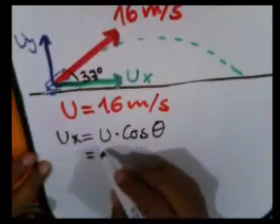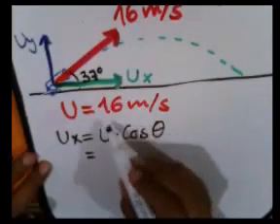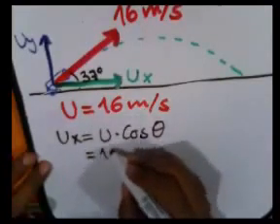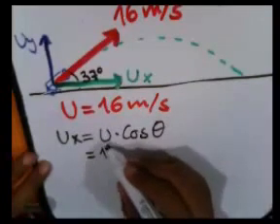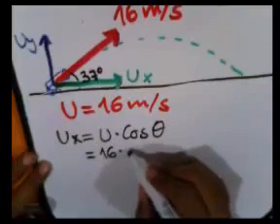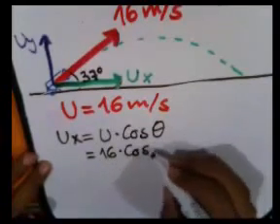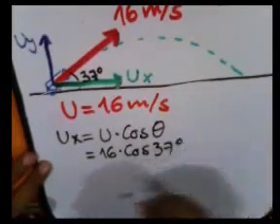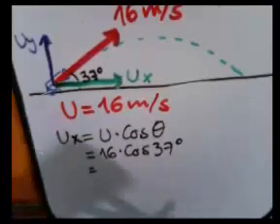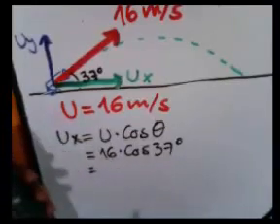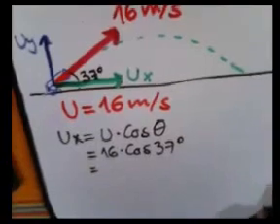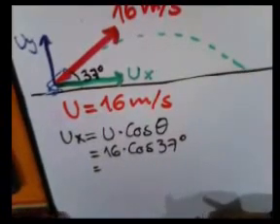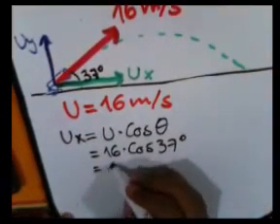U, the vector, in this case represents a velocity and its value is 16. I'm not writing the units, I'm just going to write the units at the end. So 16, which is the magnitude of the vector, times cosine of 37 degrees. And I'm going to do that in my calculator. The calculator says, well, 16 times cosine of 37 degrees. I'm going to round it to one decimal place, so it is